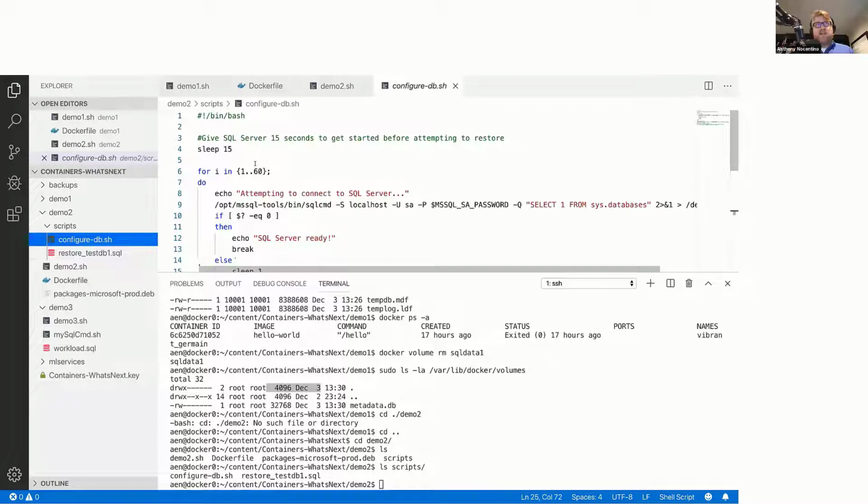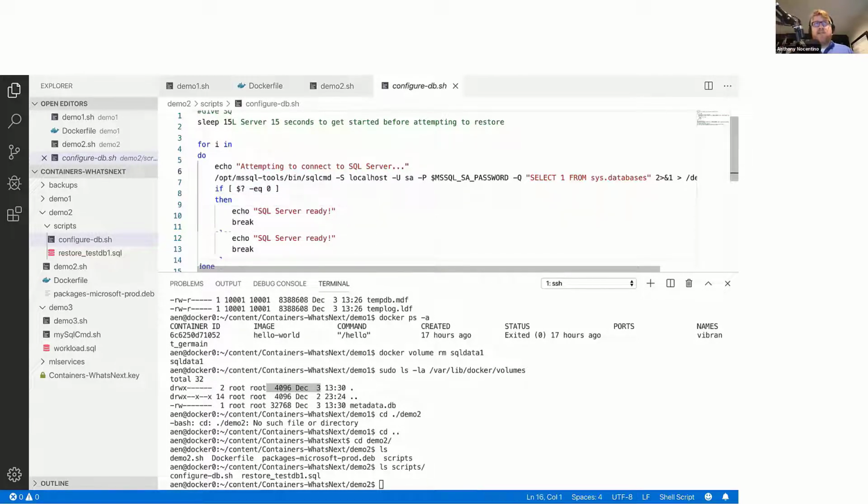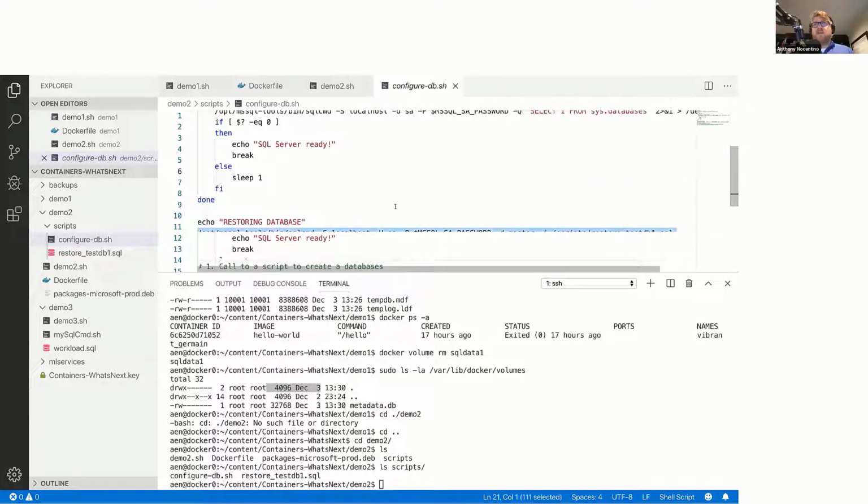I'm going to go through this logically, not line by line from a code standpoint, but just to describe what it does. We have a loop here that runs SQL CMD and checks to see if it can just run an arbitrary query, just select from sys.databases. It's using that environment variable that's available in the image to inject the SA password to test. Once it gets a 0 exit code, it breaks. If it doesn't get a 0 exit code, it sleeps, loops again. Once it breaks, it runs our restore script. And so we use SQL CMD for that. And it calls the script in that scripts directory that we're about to copy in when we build our container.